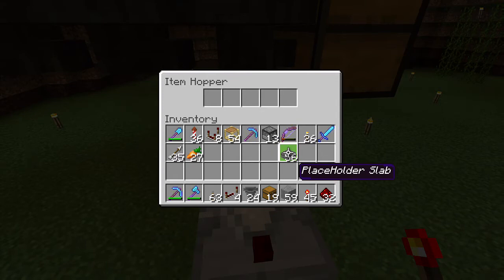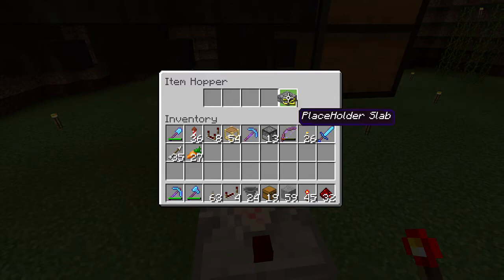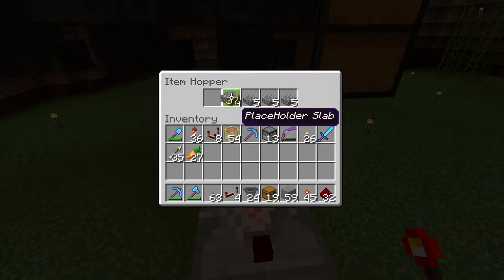You could even rename a pile of dirt to something like placeholder, like I did with these cobblestone slabs, which seems to be like the national standard of what you should use as a placeholder in the first place. But yeah, so what you would want to do is go 5 here, 5 here, 5 here, and 5 here,